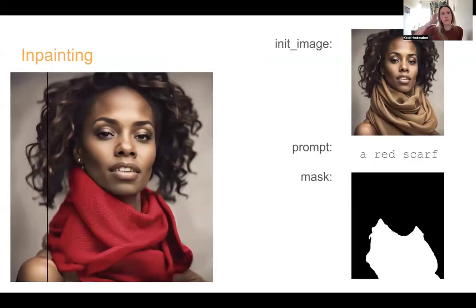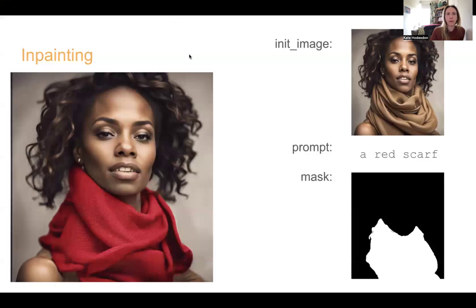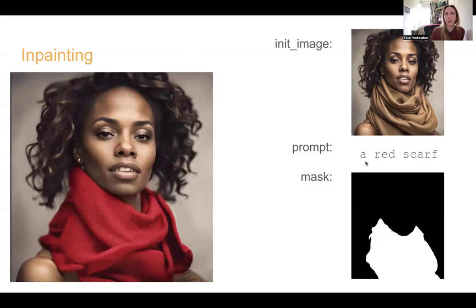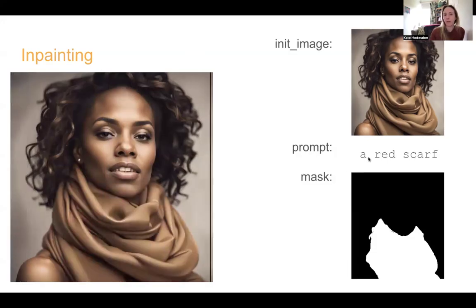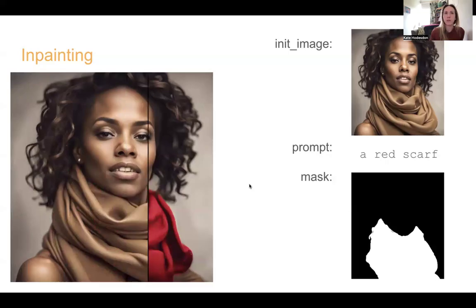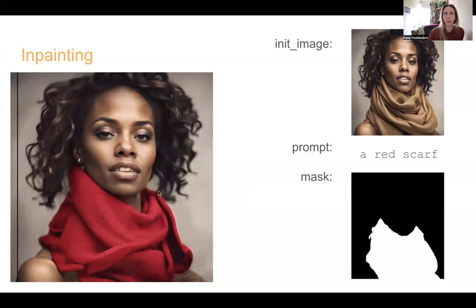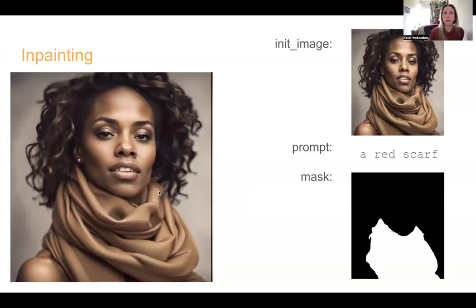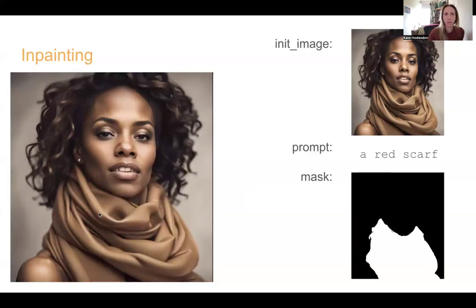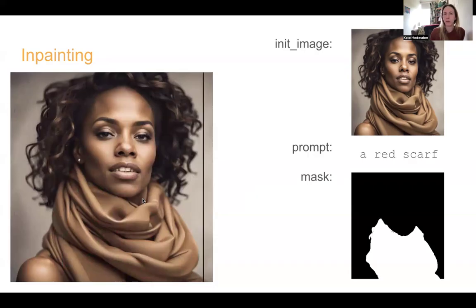Something else that's helpful is the ability to modify images in a really targeted way, and this is called in-painting. So along with your initial image, you supply a mask to the model, and it will restrict generation just to the masked area, again adhering to the prompt. For a lot of commercial use cases, you really just want to update some images, and in-painting can be much more simple to use than something like Photoshop, because the underlying model is already aware of things like how shadows fall and how textures are visually rendered. So it's easier to let these abilities just emerge from the model than it is to apply them manually.